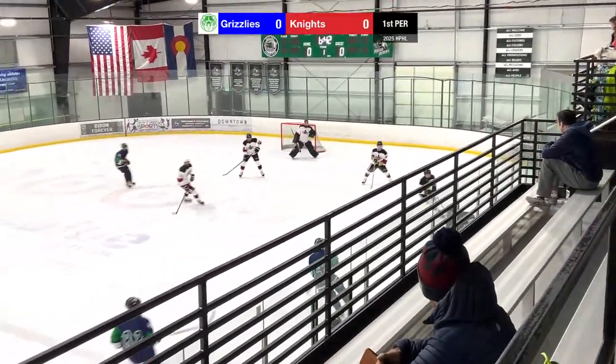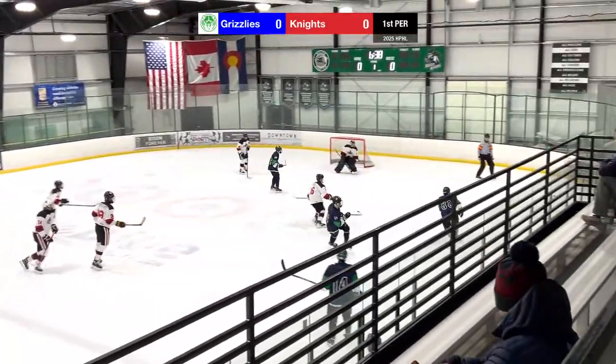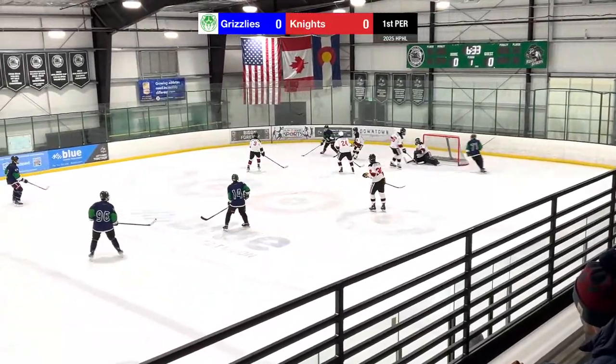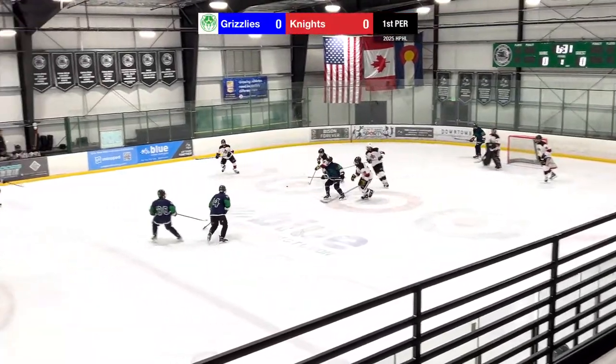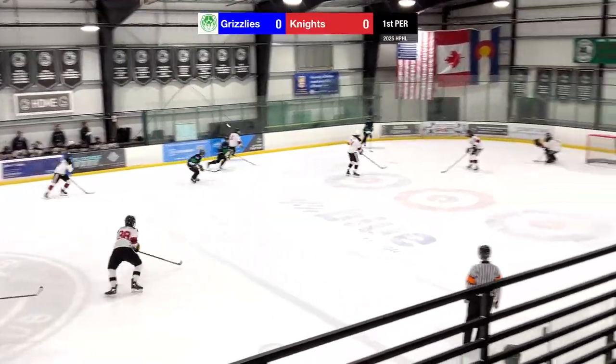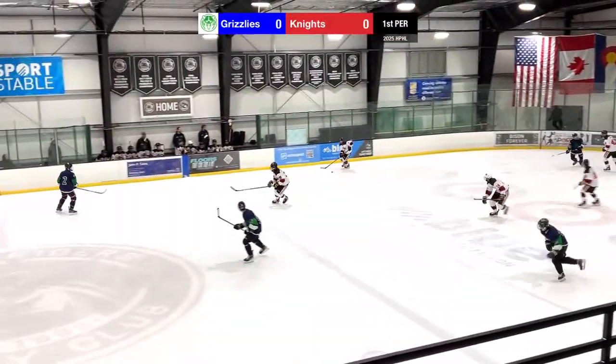Benton looking. Benton curls off. Benton at the blue line. Tries to move forward. Has that puck come off his stick, over to Keegan. Keegan goes behind the net. Keegan looking. Keegan moves towards the face-off circle. Has that come off of his stick. Keegan over to Mason. Mason tries to get to Ian. Turned over. Boulder breaks out.